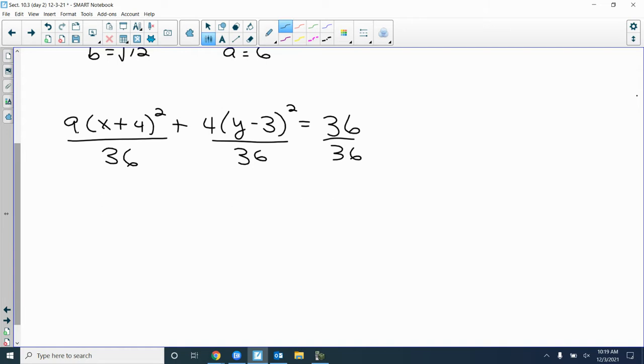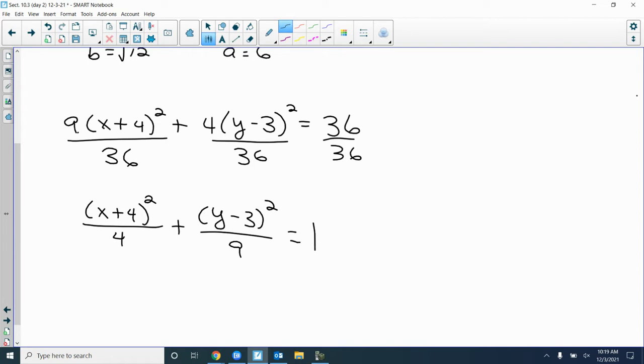It worked out nice because what's 9 divided into 36? 4. So it becomes over 4. And then this becomes y minus 3 squared over 9 equals 1. We don't want a coefficient in front of this right here. So it worked out nice. We got our a squared, we got our b squared. All right, what if